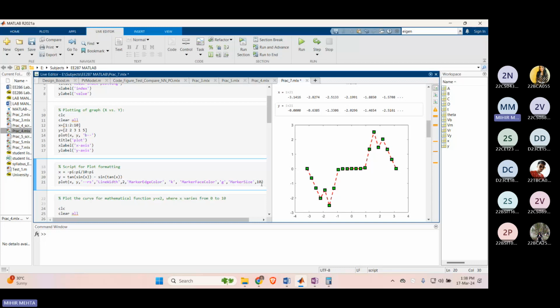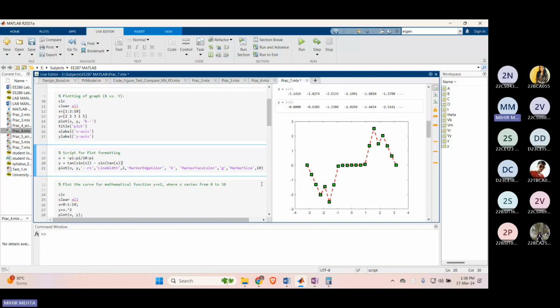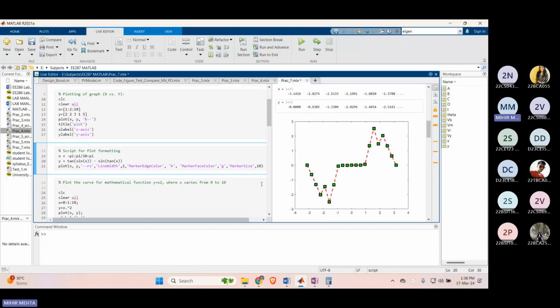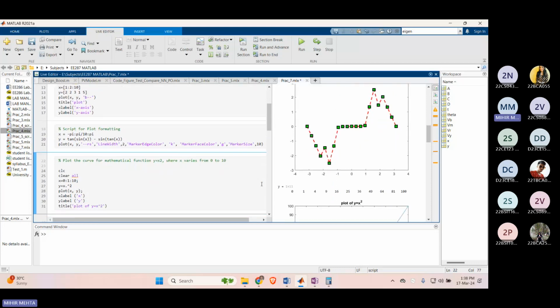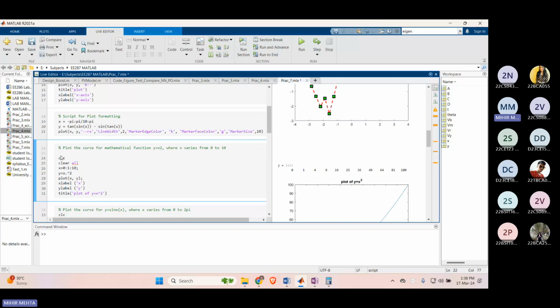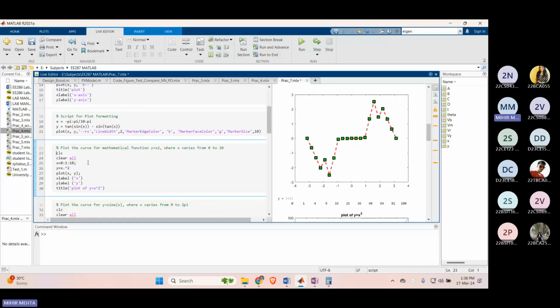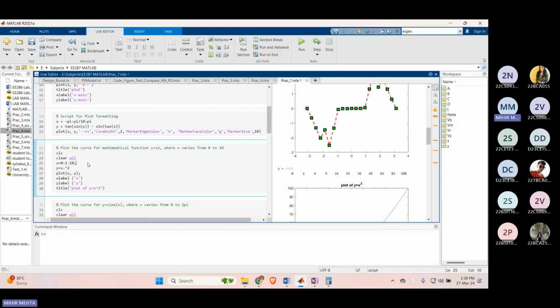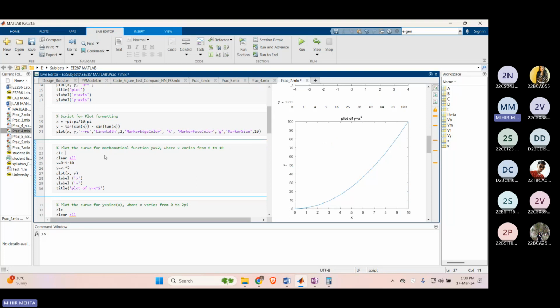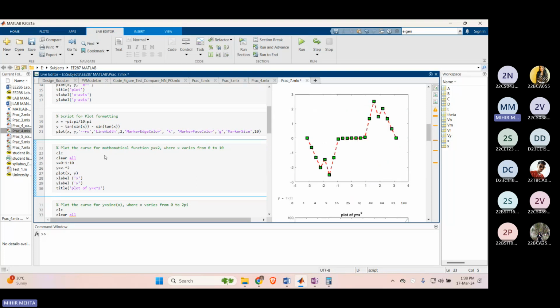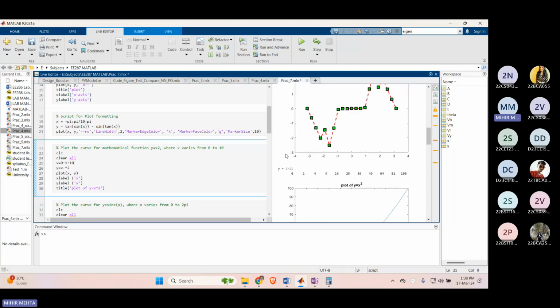So this particular part of the session would be helpful in you using these graphs and representing them either in your report manuals or also in your publications, if at all you are going for that. Fine. So I hope this is clear. We'll move to the next part